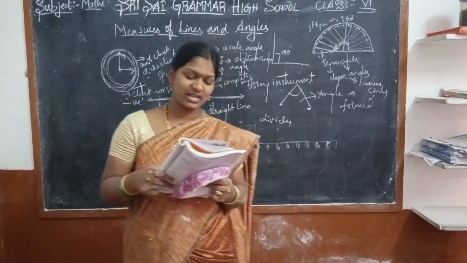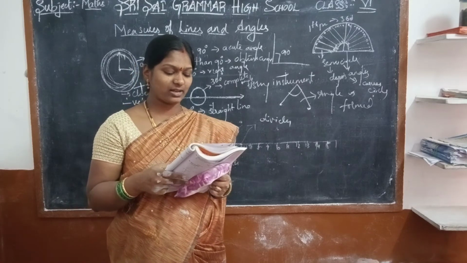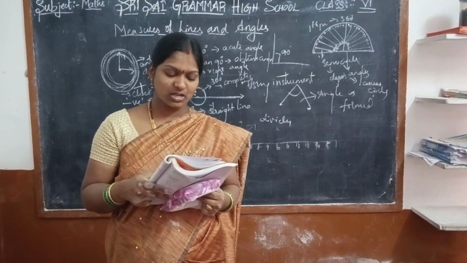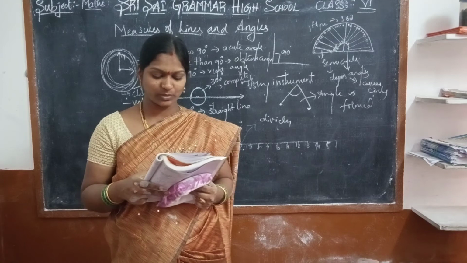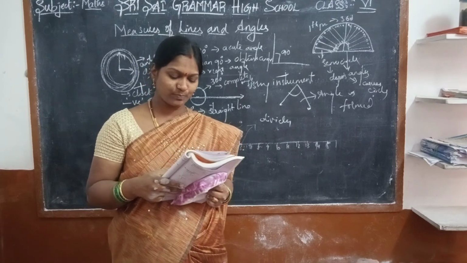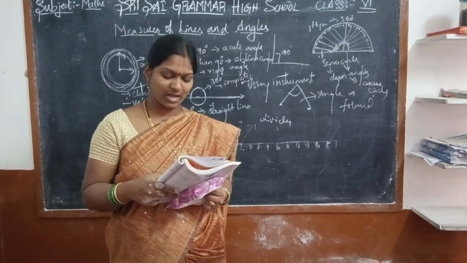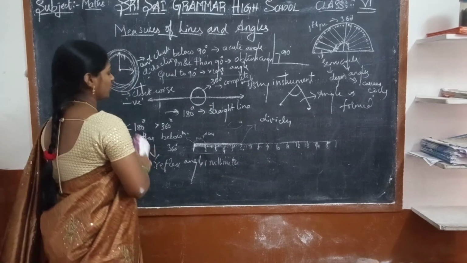Then clockwise direction steps up, then anti-clockwise angle. Identify the angle which is acute or obtuse. So place the center point of the protractor on the vertex of the angle, adjust the protractor without shifting the center point from the vertex, so that one arm of the angle is along the base.